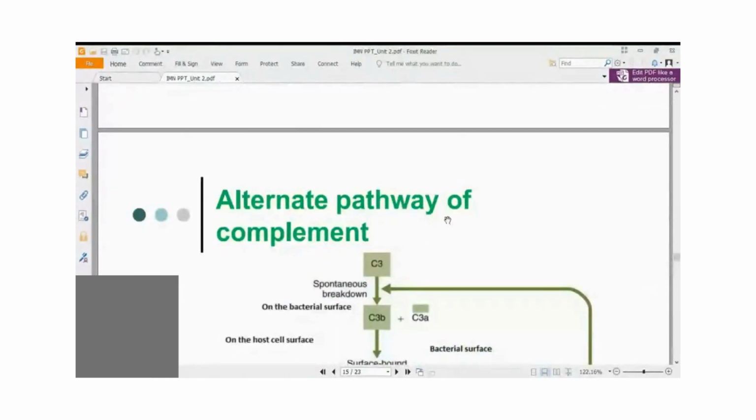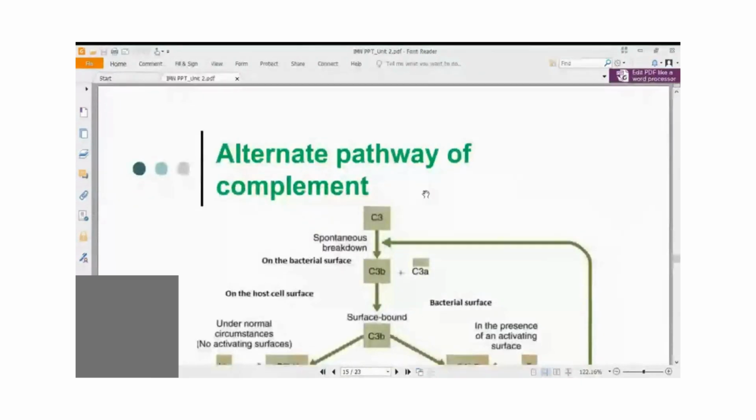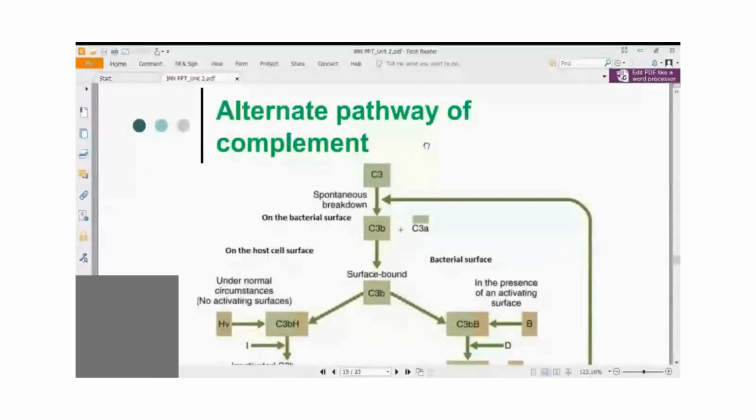Therefore, it is called the alternate pathway of complement. The normal pathway of complement is called the classical complement pathway. The classical complement pathway comes in the acquired immunity. Means once a person has developed immune response, when there is antigen antibody complex, to get rid of that antigen antibody complex, the classical complement pathway helps. Whereas the alternate pathway of complement is innate. There is no necessity of antigen antibody complex in the blood for activation of this